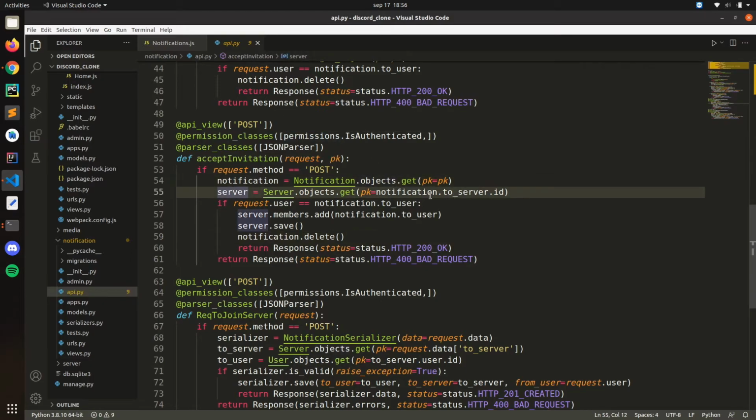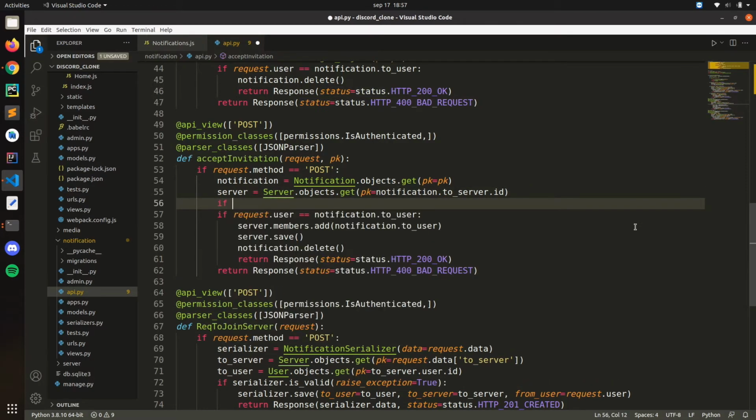Get notification server. When you get the server, okay. To user. Okay, so this one is just, we need to check the type of invitation first. So we add the proper... okay, so okay, yeah, we need to fix this. So if